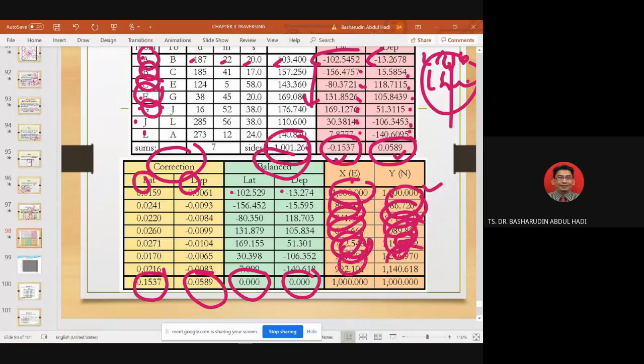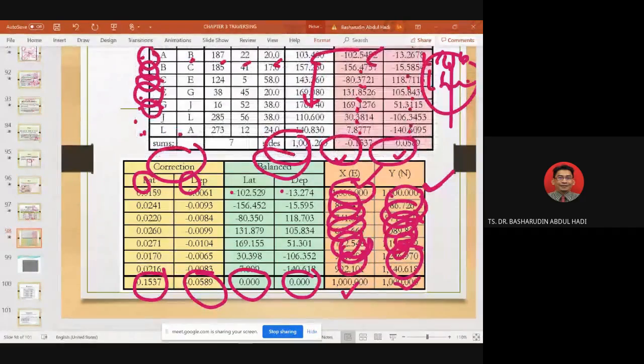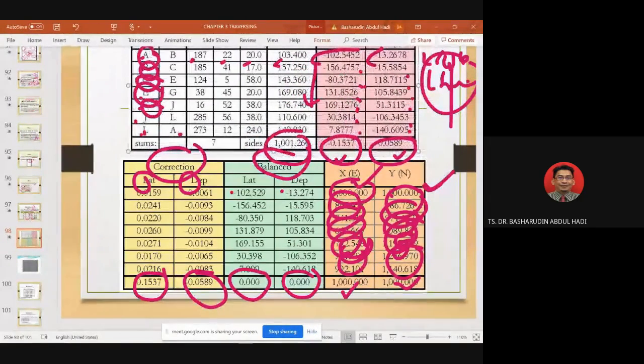So this one, the right is southing and nodding. So when you plus this one, you can get back, going back, A to A. All right, so you get 1000, 1000 is the same like this. From A to B, and lastly you can get L to A, because at A you start